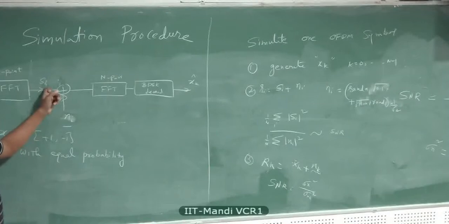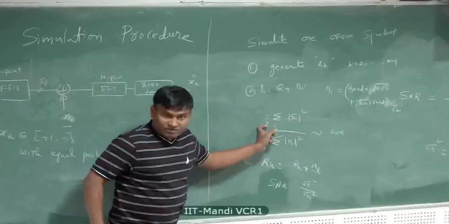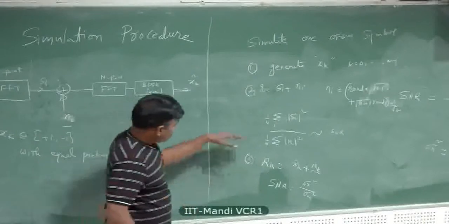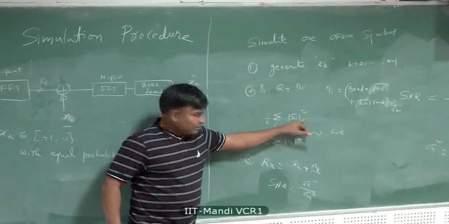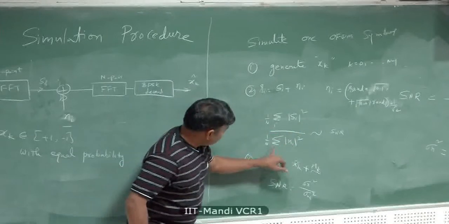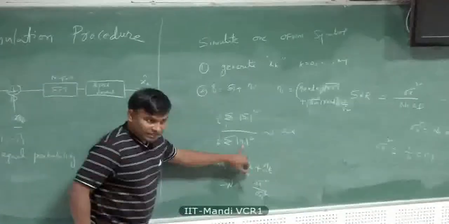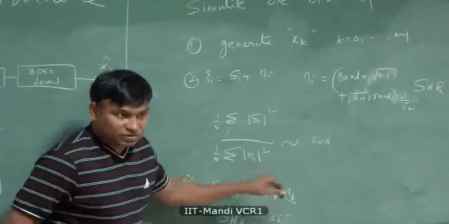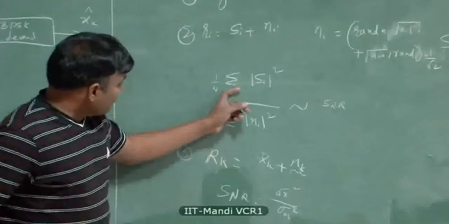the total power contained in it, the total energy contained in the signal is the sum of S of I square, divided by the number of samples is the total power contained in the signal. You make sure that is unity. Similarly, the variance per sample is sigma n square. There are n samples, n times sigma n square, and divided by n, it is sigma n square. So each sample will have variance of sigma n square, right?